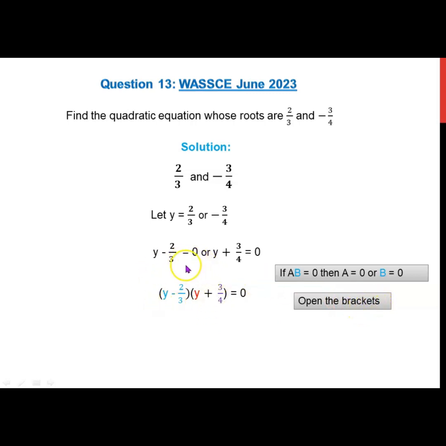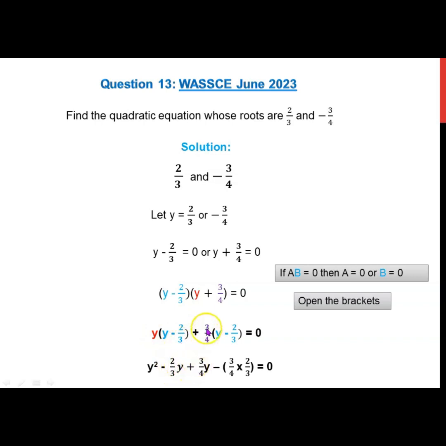I have y here, multiply the whole of this; the second one, I pick 3/4, multiplying the whole of this. So y times y will be y squared, and y times minus 2/3 will be equal to